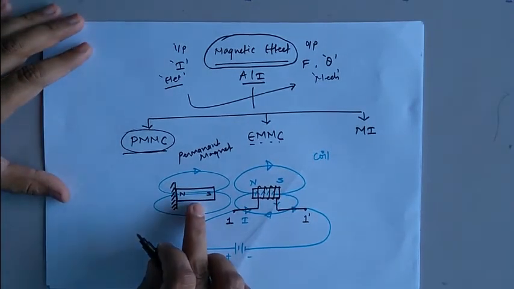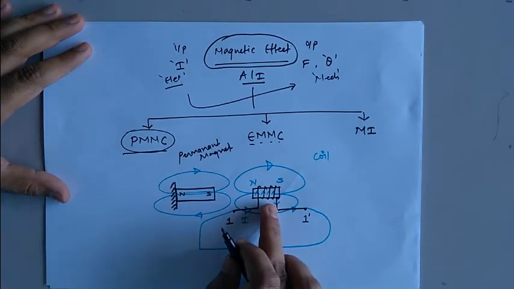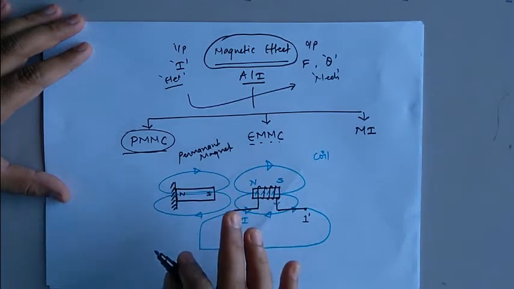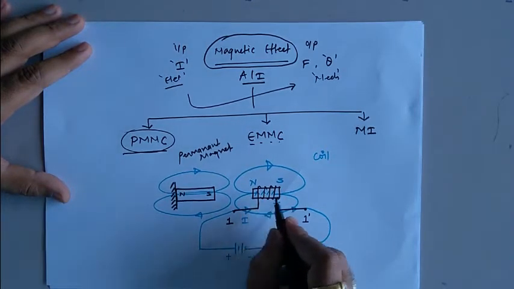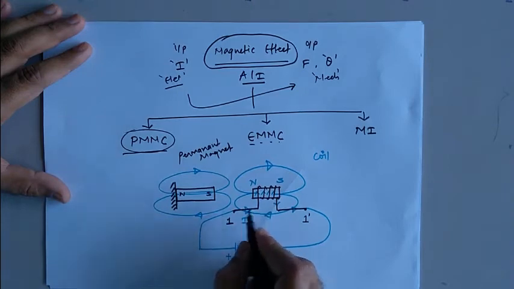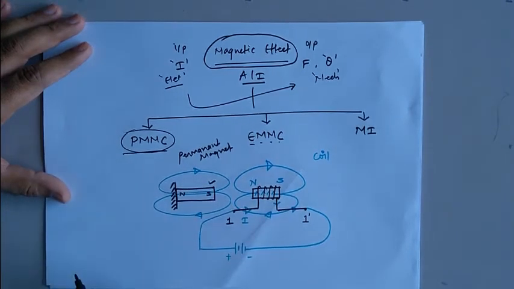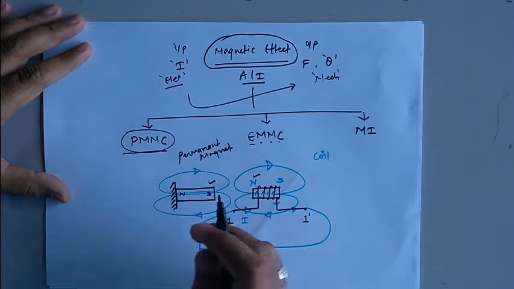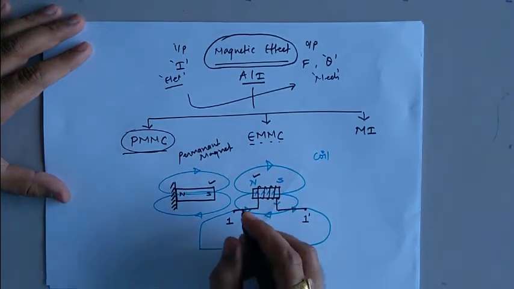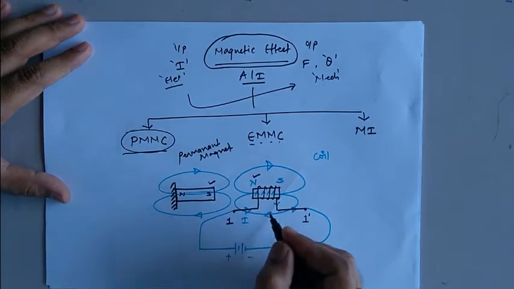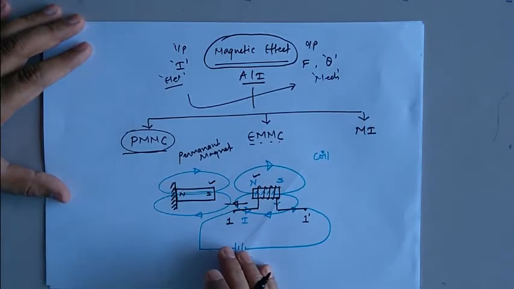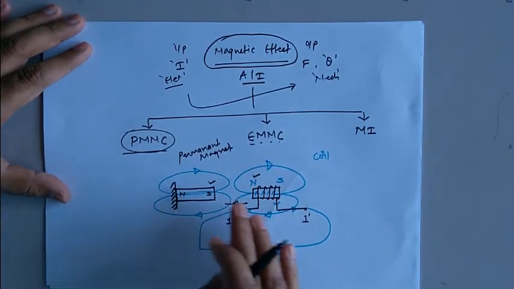Now if you imagine this picture carefully, you will find that we have two magnets. The first one is your permanent magnet and the second one is the electromagnet, out of which the permanent magnet is fixed. That means it is not going to change its position, whereas this electromagnet is movable in nature. Now this point is south pole, this point is north pole, and we know that due to the dissimilarity of the pole arrangement, there will be a force of attraction. So I can say that this coil will try to move in the direction of the permanent magnet due to the force of attraction between these two magnets.